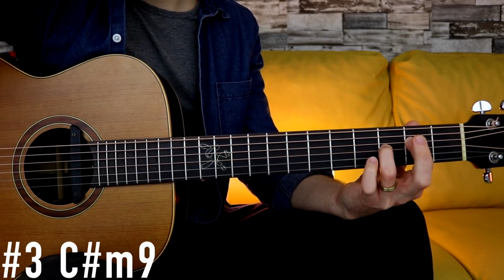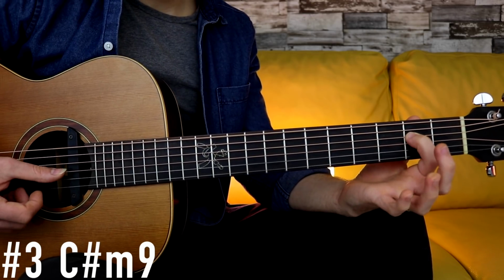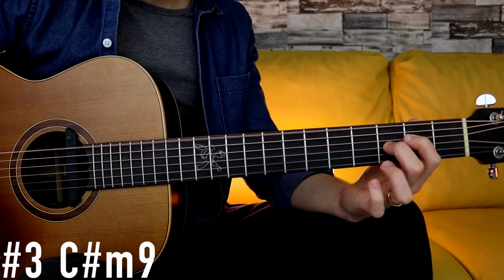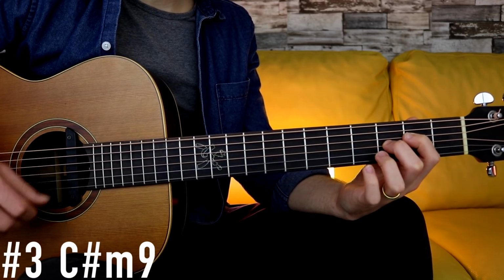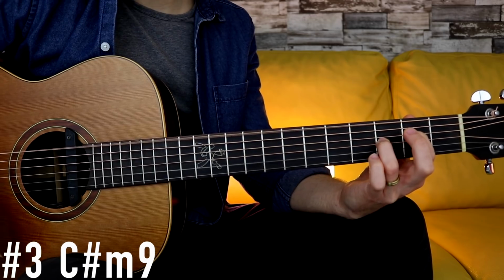an E major, E sharp 11, low E string open, the D string fret number 2, which are both E's, the G string fret number 3, which is A sharp, which is the sharp 11, and the B string open, which is the 5th,